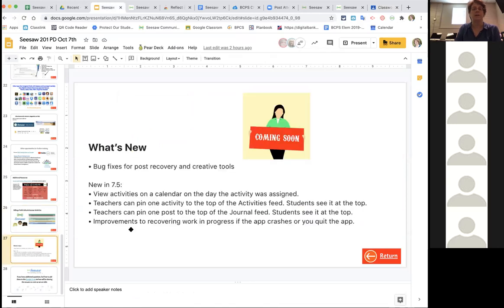I did put a comment in here about the new update. I know that we have been trying to figure out when this will happen. It was listed to happen in September. It said mid-September from the Seesaw page. I looked on my iPad yesterday and it says that my iPad app updated to 7.5, but these features are